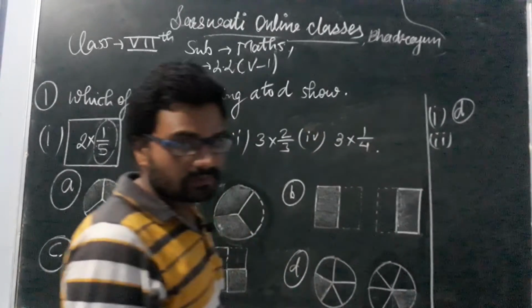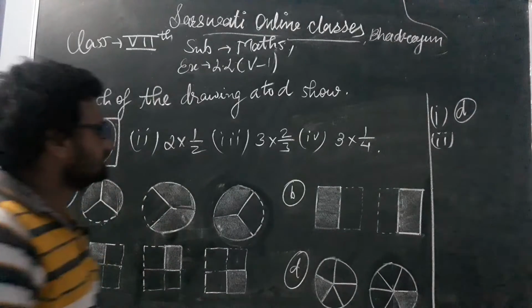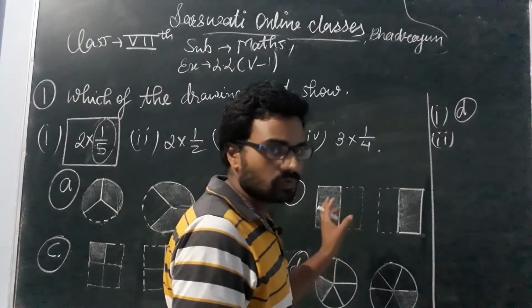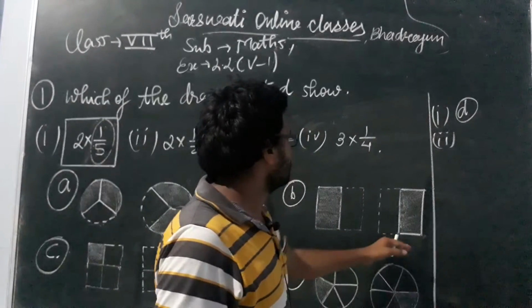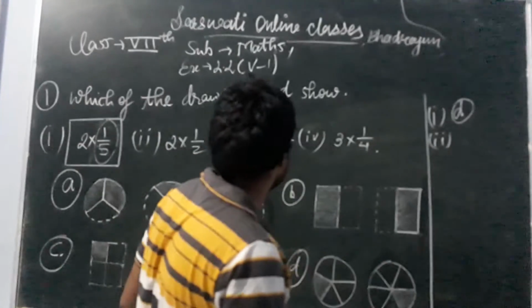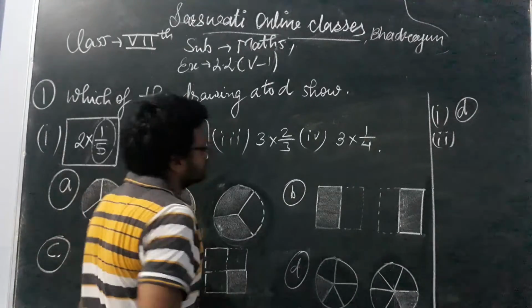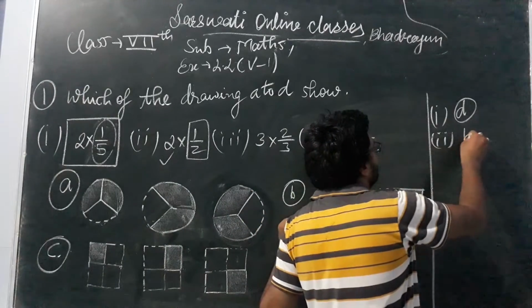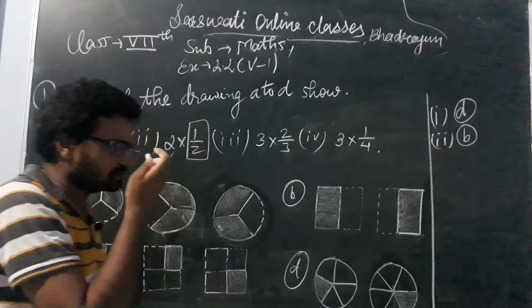Second one will match with our... this is 1 by 2. Here we are seeing this is 1 by 2. These are two parts and we have to choose one from two. Okay, so this is 1 by 2 and this is another 1 by 2. So 2 into 1 by 2. Clear? Chaliye. This is 2 into 1 by 2. So our second part is matched with our part B. Okay, third one is what?